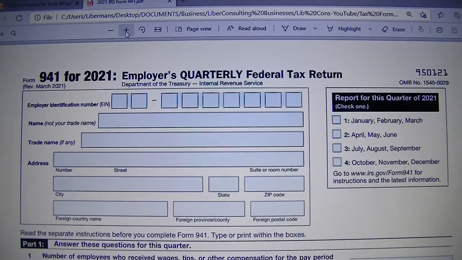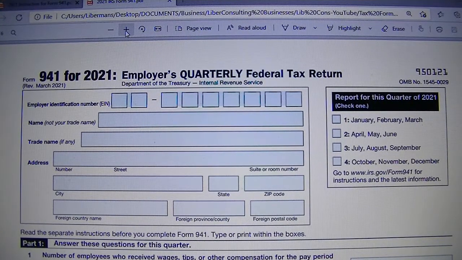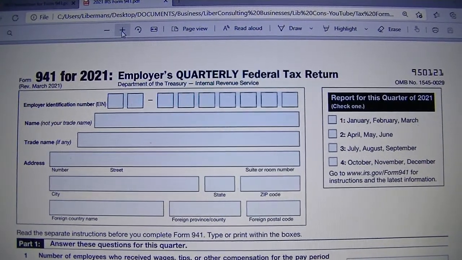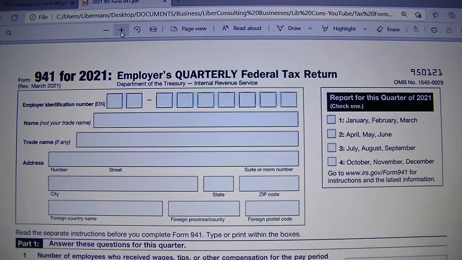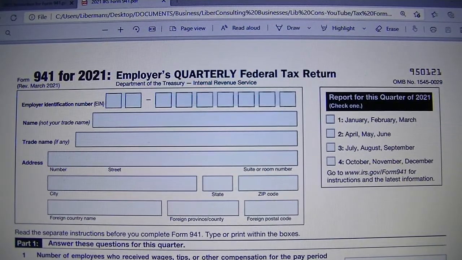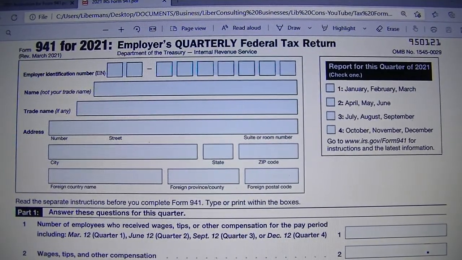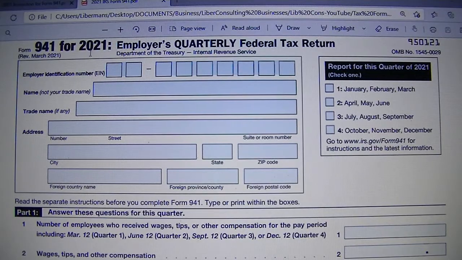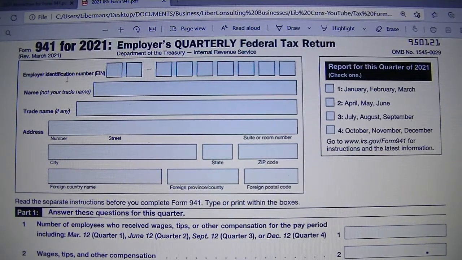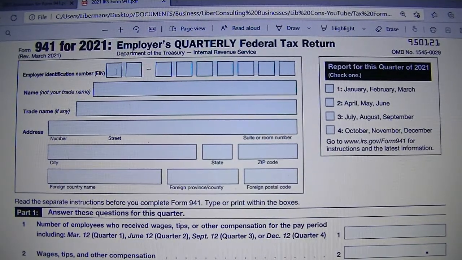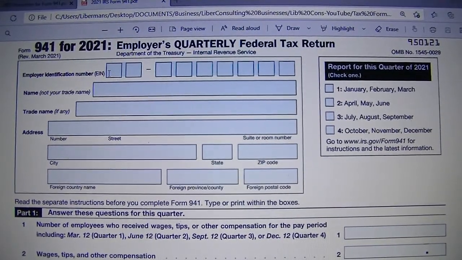Good morning. How to fill out Form 941 for 2021, Employer's Quarterly Federal Tax Return, Part 1. If you are required to complete or file Form 941 for 2021, the first thing you'll do with this form is to have on hand your business employer identification number,